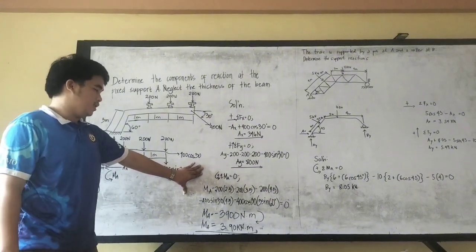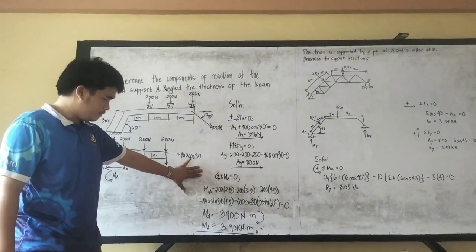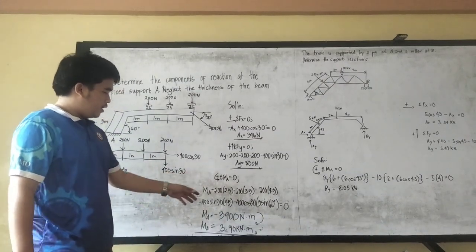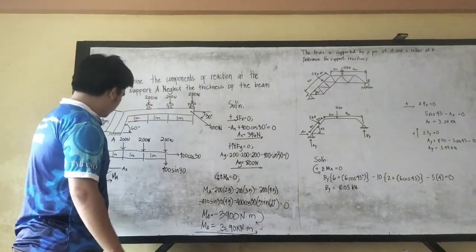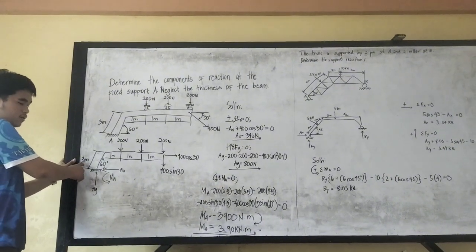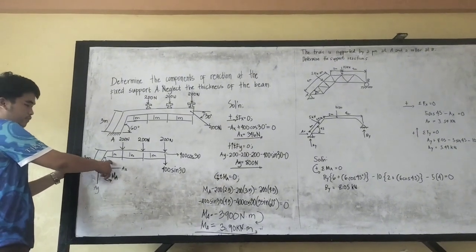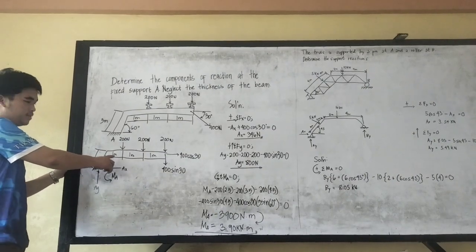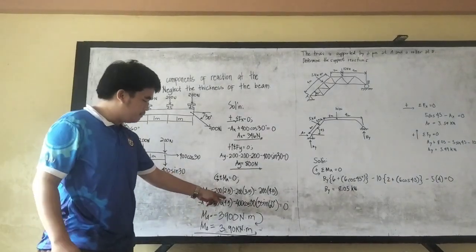So we have an answer of 800 Newton, since it is versus the 200 Newton. So for the moment at A, we have MA minus 200 at a 2.5 distance. So we're going to solve the 3 cosine 60 distance of the 200 Newton. We have a 1 meter distance, so it becomes 2.5.